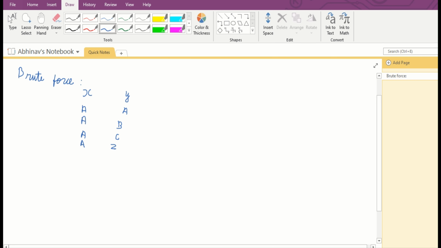So this is not the only combination in alphabets I have. I have B A, I have B B, I have B C. I'll do this until I get B Z. In the same way I'll continue doing multiple combinations of alphabets until I get ZZ. And if none of these passwords match, then I'll move on with numerical values.